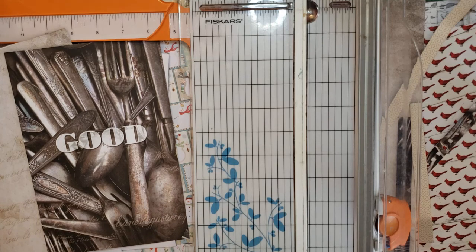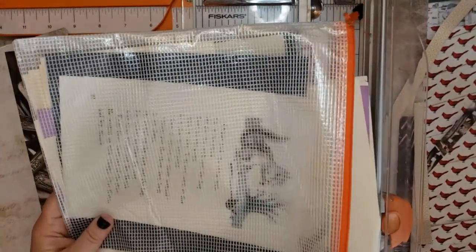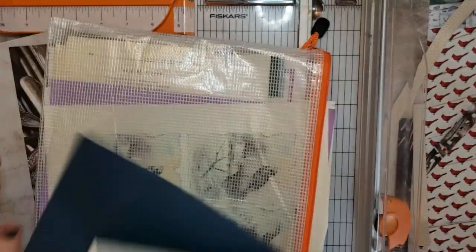I had a bunch of pages. Where did I put them? I just had them in a plastic bag right near me too. Wait, okay. Right, bag of papers. Where'd you go? Oh my goodness. Oh, nope, that's not it. Hold on. Alright, this is what I'm talking about. And I might have more somewhere, but...